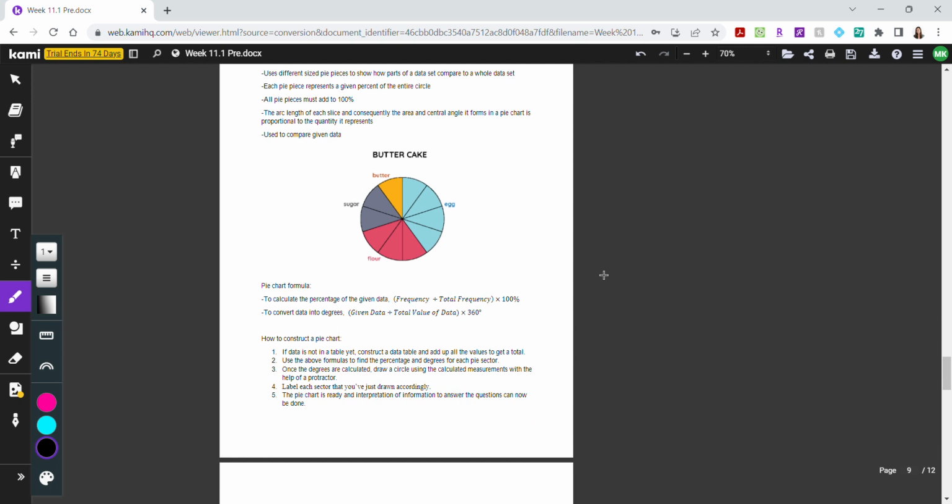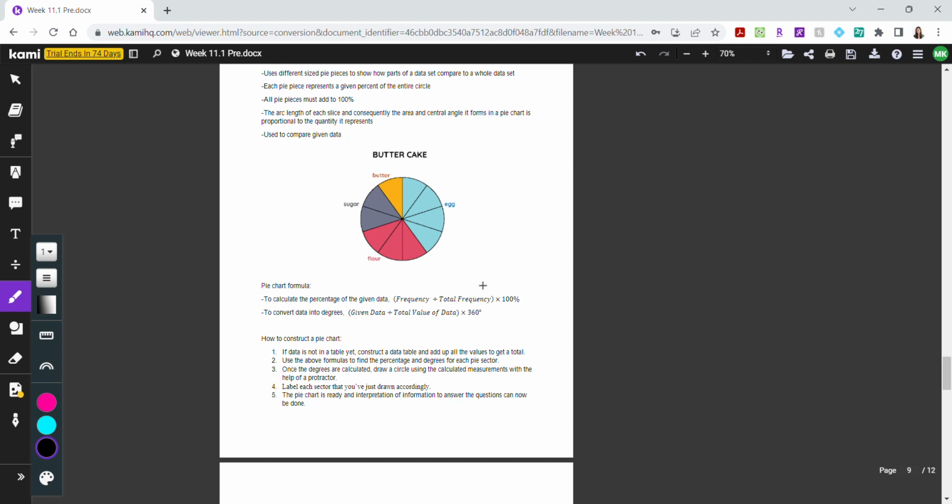Now, pie chart formulas, which you do need to know. So to calculate a percentage of the given data, you want to take the frequency that you're given for that specific piece over the total frequency. So if we look at egg, right? Let's see, egg is 1, 2, 3, 4, and its total is going to be 4, 5, 6, 7, 8, 9, 10. So it's going to be 4 over 10. So once we get that, we're going to multiply that by 100